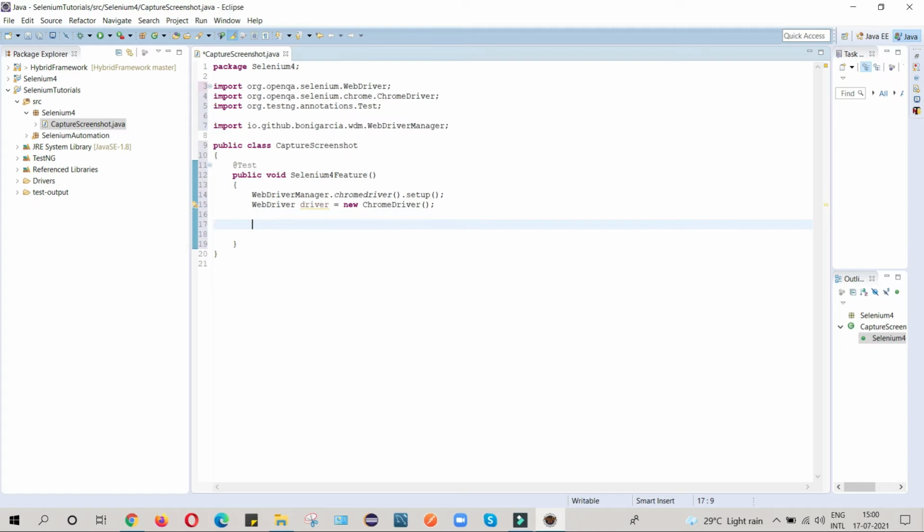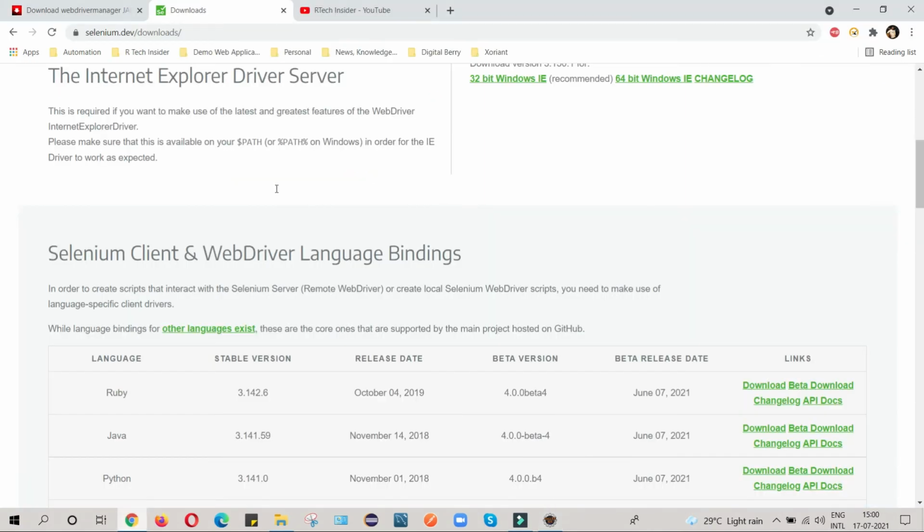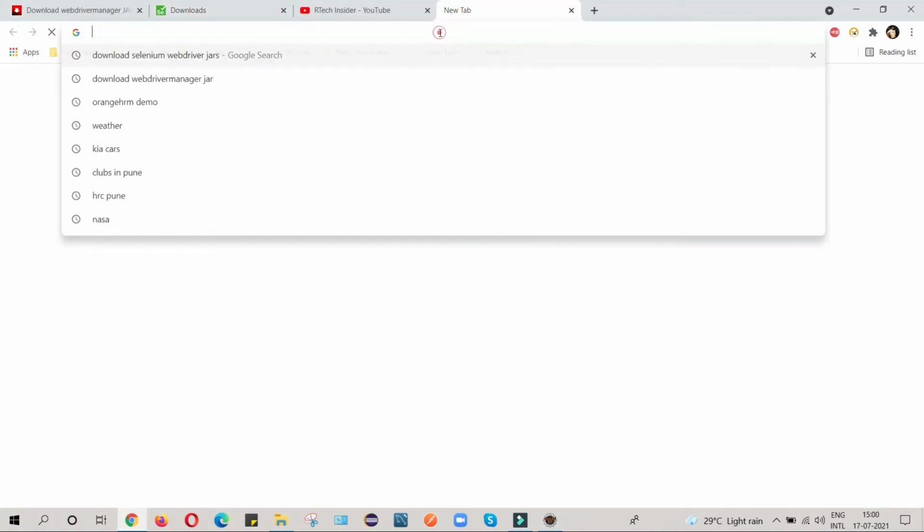Next, I will provide my application URL. Before that I will maximize my window. So I will write driver dot manage dot window dot maximize, and let me see what activity we will do.